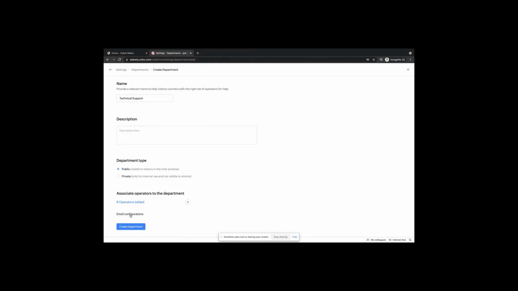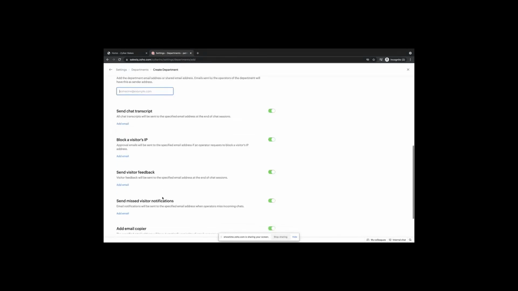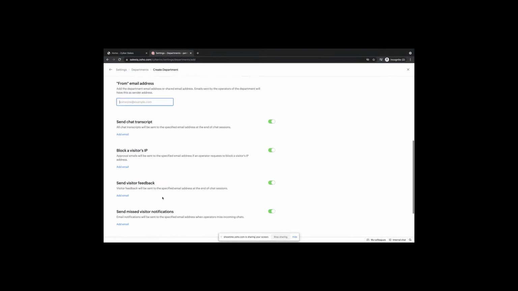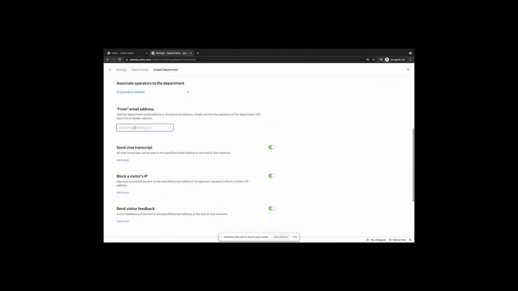So while creating a department, when you click on email configurations, you can simply scroll down to view all of the settings inside the existing department. And for each configuration, you can click on the email address field that you would like to reply from. So first you have the from mail address, the email address that you would like to reply from. So I'm just going to add